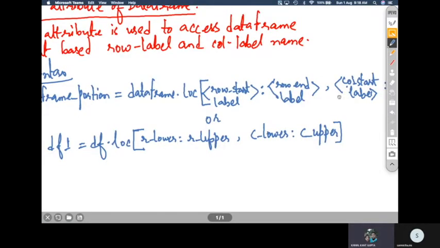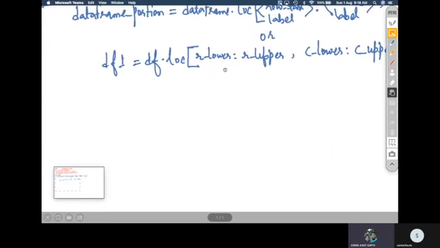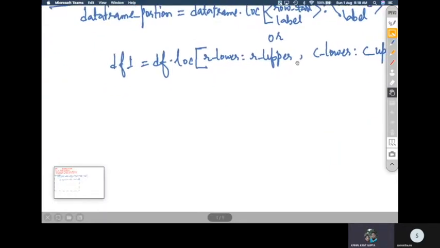So let us see one example. We have our example data frame, the one we were using, I hope, our common data frame, the result data frame, right?